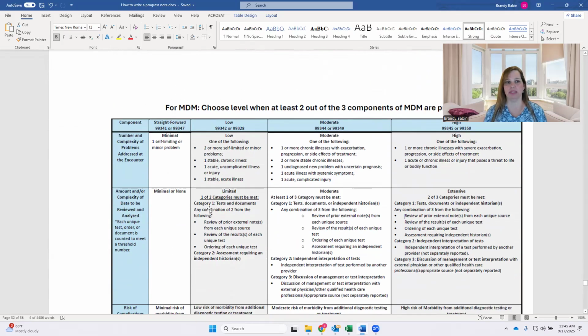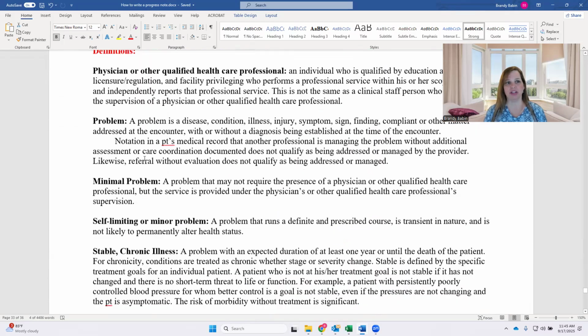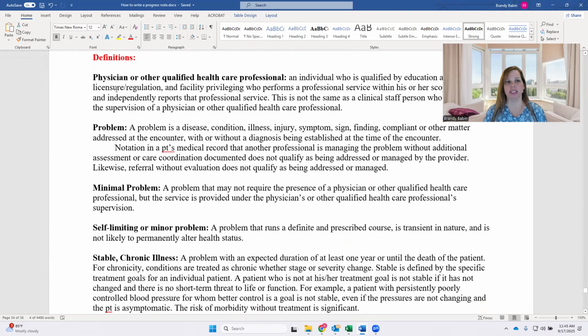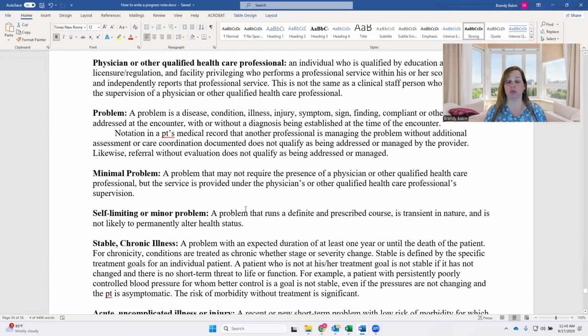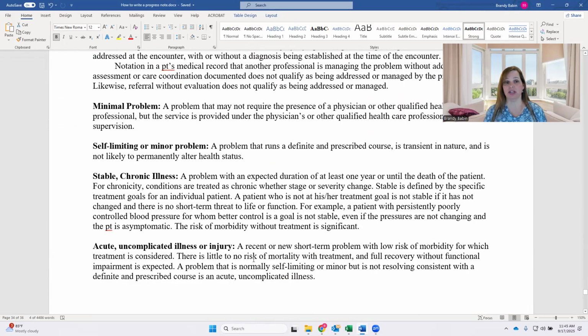Here is the MDM chart. It talks about complexity. Definitions, I want to add this. This was copied directly from CMS, but I want you to know that these definitions are based on the diagnoses. So if we're talking about a stable chronic illness, we're talking about an illness that is stable and at goal. So if it is unstable, if it's not at goal, if it's not where it needs to be, if it's progressing,